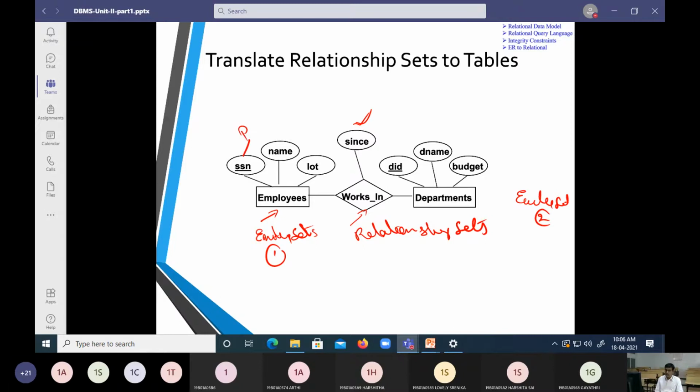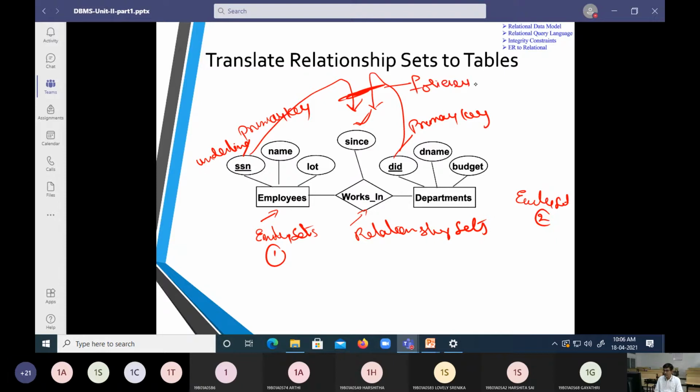Now SSN is the primary key, because we have an underline here. DID is also a primary key here. Now SSN is borrowed to works in, DID is borrowed to works in. Therefore, these items here are foreign key constraints. So here we are going to call these entities foreign key entities.